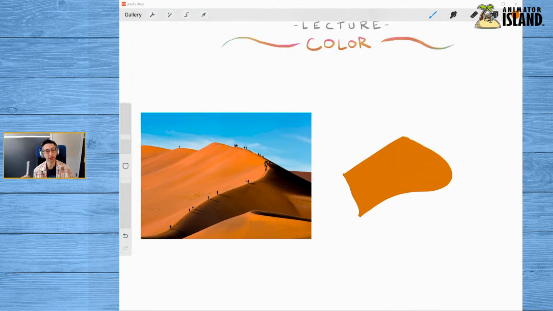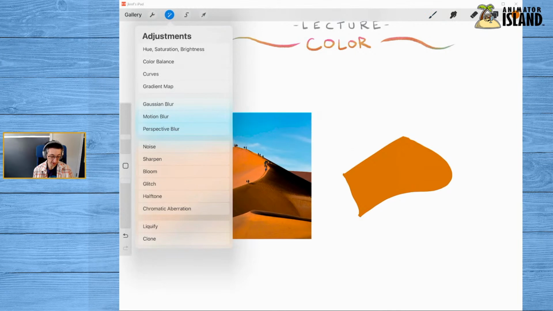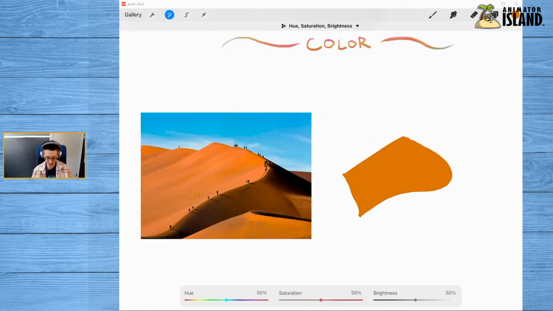And for me, I would say, no, I didn't quite get there, because I went a little too burnt and too orange. I was focused on that depth of color instead of the brightness of the color. So what I can do then is play with the first idea that we talked about today, and I can go in and change the saturation and the hue and the brightness, and I can see if I can nail down that color a little bit more compared to what I want it to be, which is going to be tricky because it's so subtle and there's a lot of colors in there.